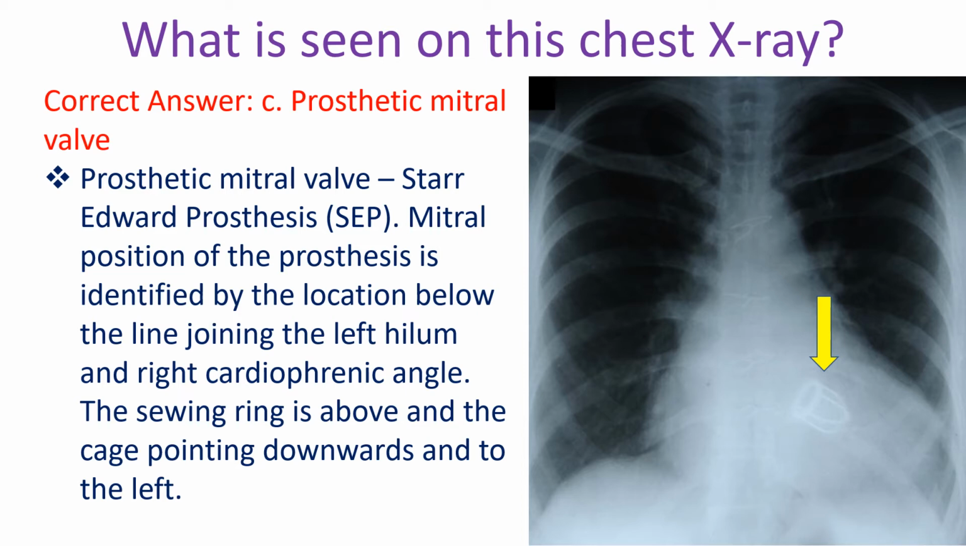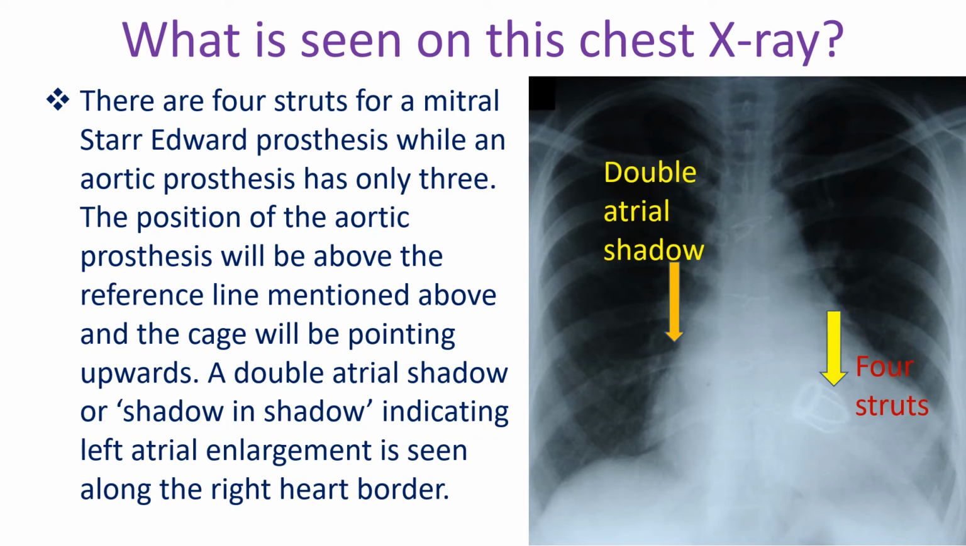Mitral position of the prosthesis is identified by the location below the line joining the left hilum and right cardiophrenic angle. The sewing ring is above and the cage pointing downwards and to the left. There are 4 struts for a mitral Starr-Edwards prosthesis, while an aortic prosthesis has only 3. The position of the aortic prosthesis will be above the reference line mentioned above, and the cage will be pointing